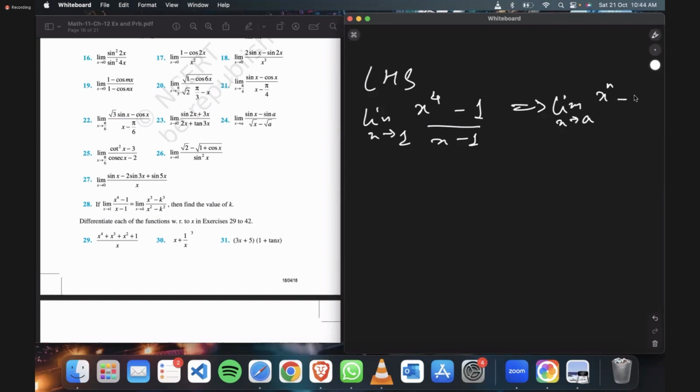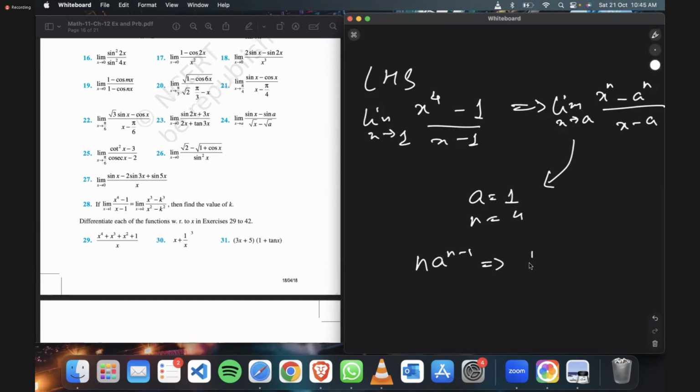X raised to the power of n minus a raised to the n, I'm just comparing it, okay? And x minus a. So what does this leave me with? N times a raised to n minus 1. The value for this, if you do it with L'Hopital also, you will get the same thing. What is a? A is 1 and n is 4. So you are getting left with n times a raised to n minus 1, and this has been given as